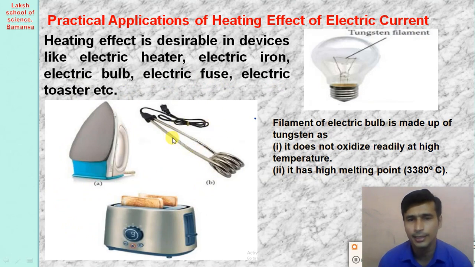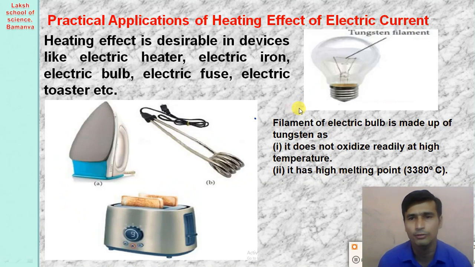If you see the electric heater, when we switch on the electric heater, electric current is passing through this coil, and due to the heating effect of the electric current, it dissipates heat energy, right? In an electric iron also, when the iron is connected to a potential difference of 230 volt, the electrical energy gets converted into heat energy. So all these and similar appliances work on the heating effect of the electric current. Try to find two such appliances which work on the heating effect of the electric current.